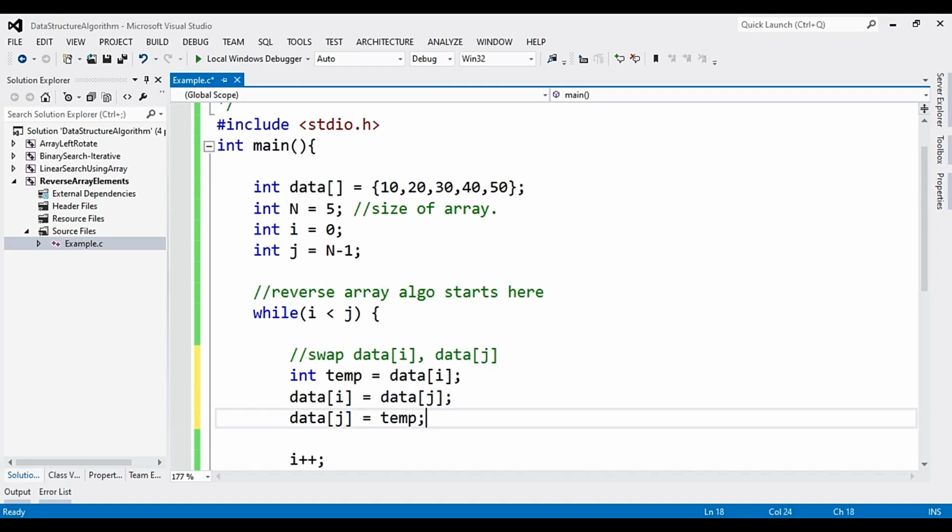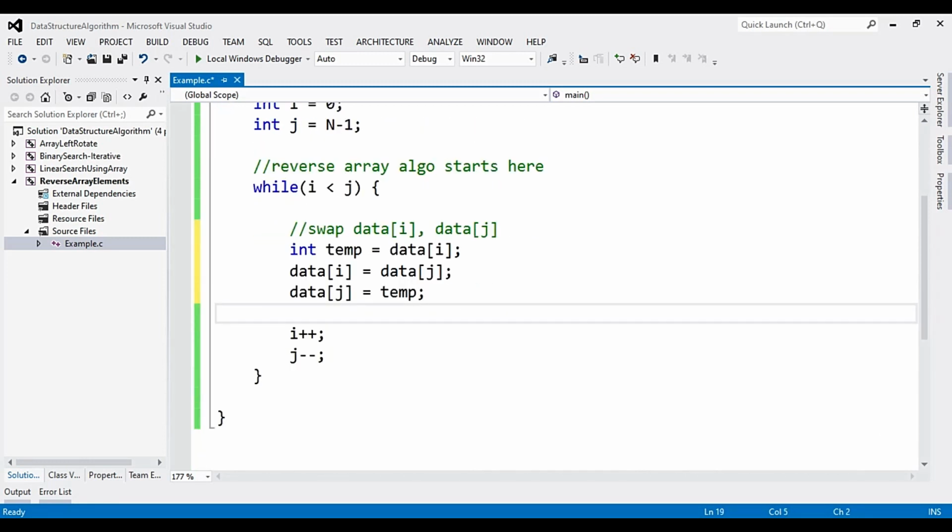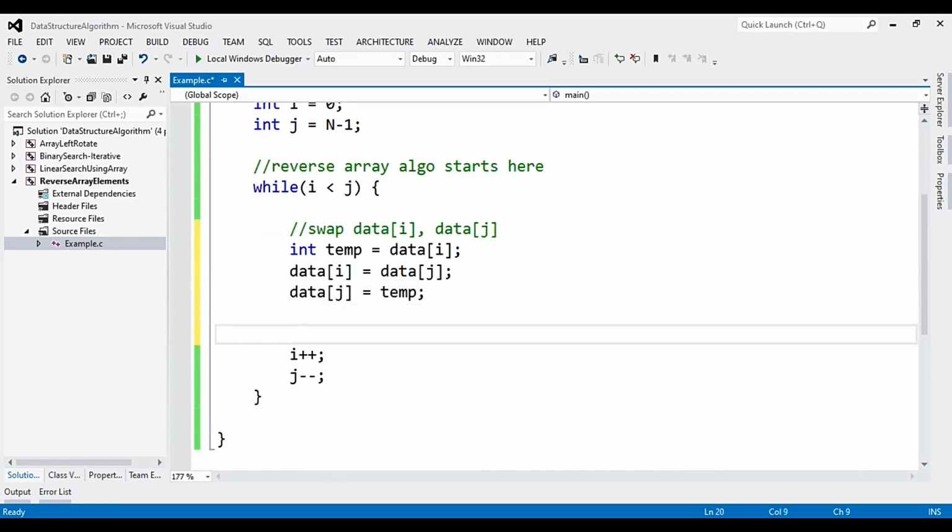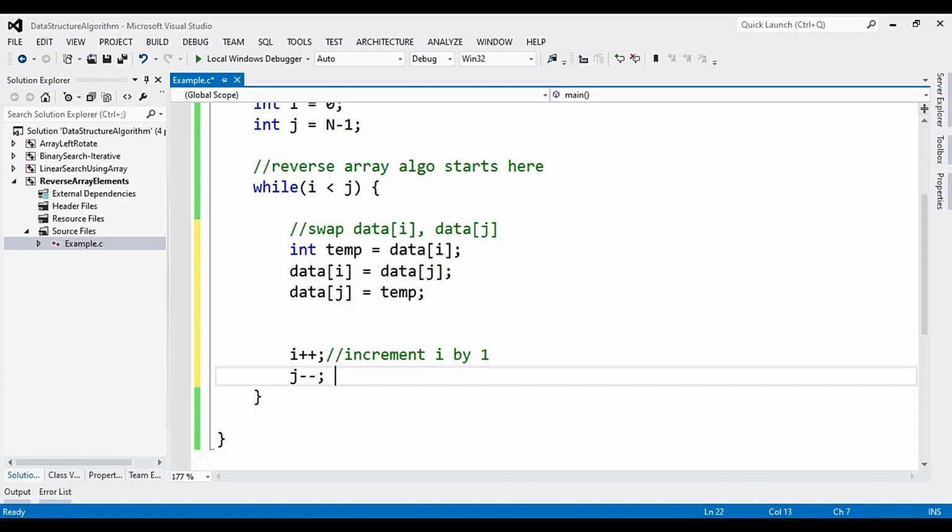It means the elements are swapped, and after the swapping happens, our logic said that we should increment i by 1 and decrement j by 1, and that's it. So this is our algorithm in place.